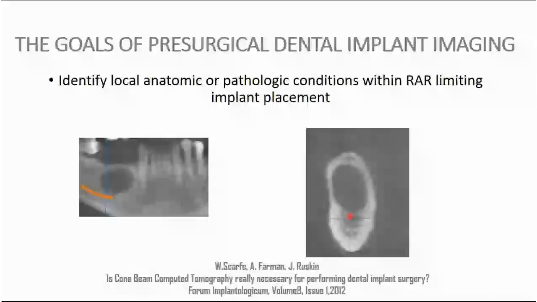cone beam picture is that if we have lateral exits of endodontic infections, then we could clearly identify those things. Also, we should know that if those things are present, it is really necessary to do the endodontic treatment before that. We should have our idea how to manage that